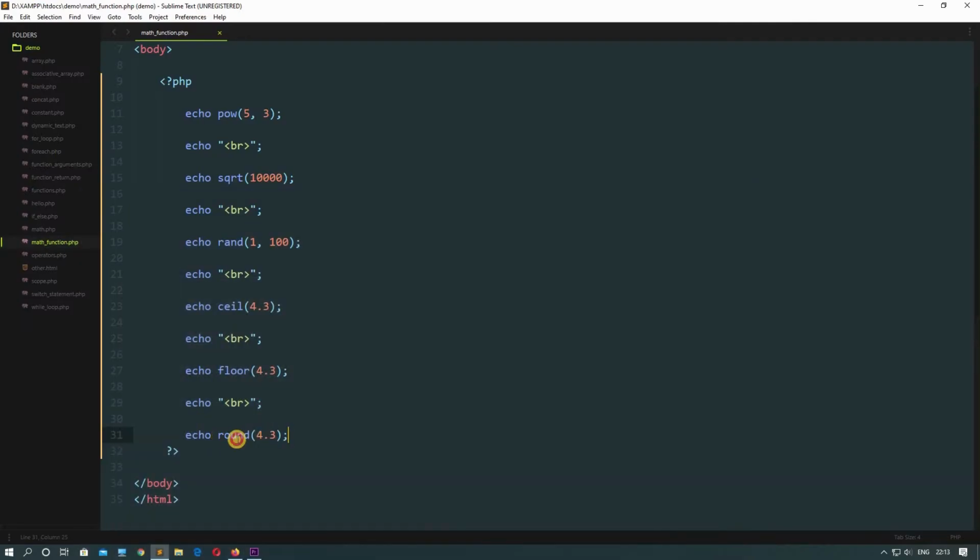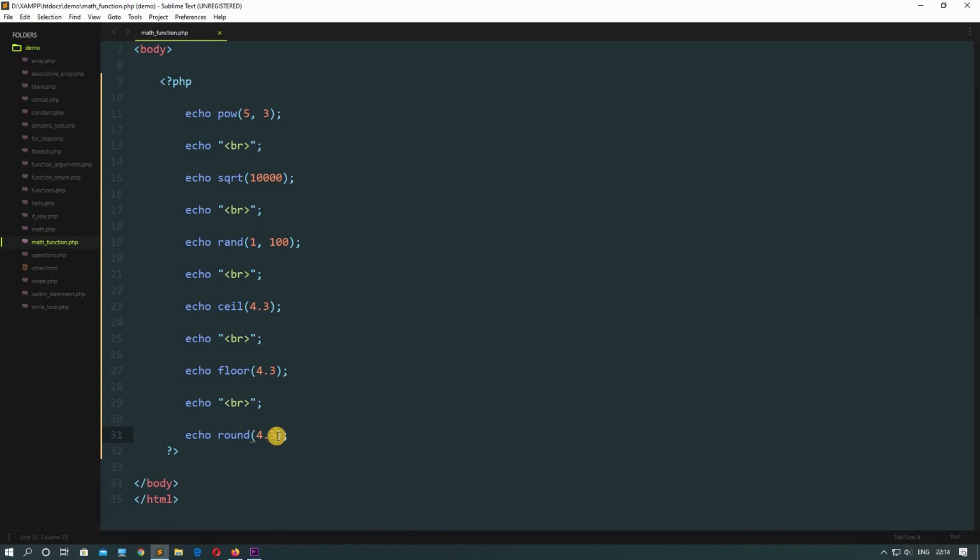Why did we get 4? Because this function is typically doing it as we have learned in our schools and colleges, that it is rounding it off to the next or the previous number based upon the number after the decimal point. Here we have a decimal point, and after that we have 3.